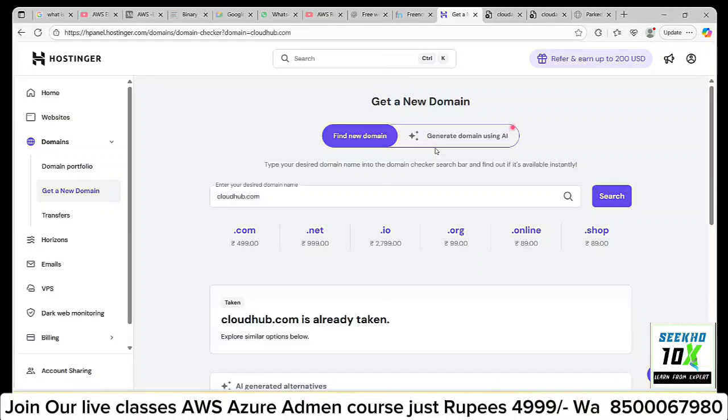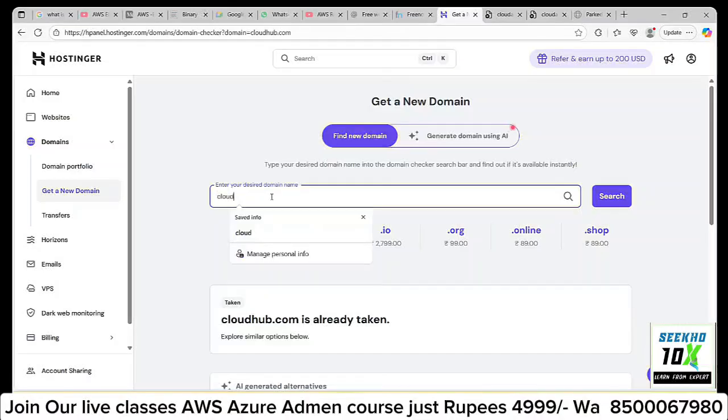For your testing purpose you can use any site, right? A cheaper site plays the same role. I don't want to publish it on the internet, and I don't need other people to access it. Just for my testing purpose I am using it, so I use only a site of around 89 rupees. That also you can see, you can use it.